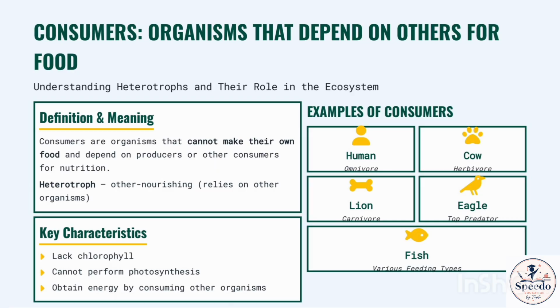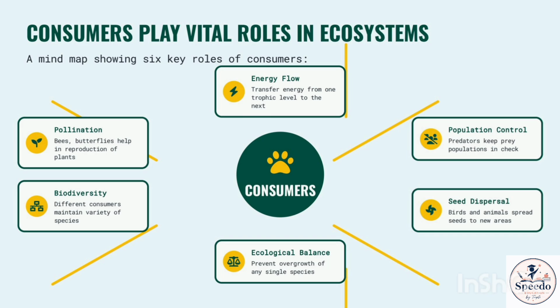Key points to remember. Photosynthesis is the process by which plants prepare food. Photosynthesis requires sunlight, water, carbon dioxide, and chlorophyll. Plants produce glucose and release oxygen. Producers are the foundation of every ecosystem. Producers provide food, oxygen, shelter, and stored energy. Consumers cannot make their own food. Consumers are also called heterotrophs. All consumers depend directly or indirectly on producers.